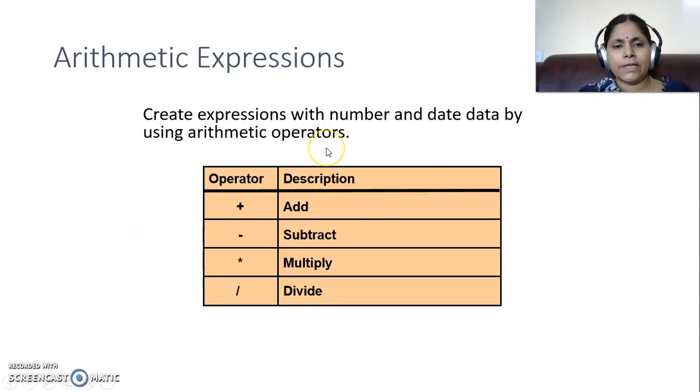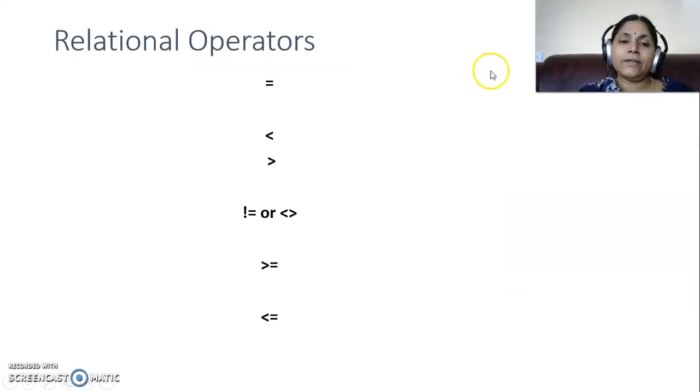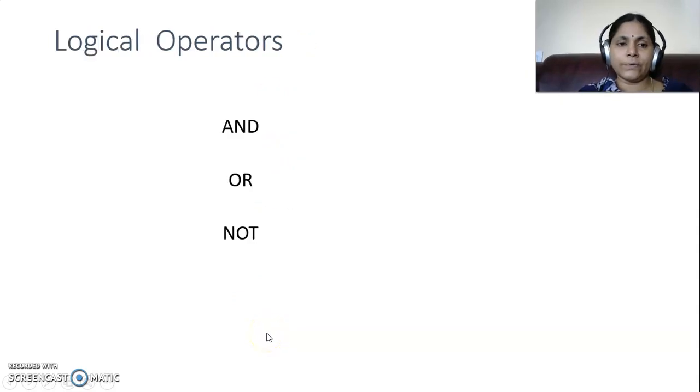We are already familiar with the different types of arithmetic expressions and operations which we have been doing from our childhood days. The arithmetic operators are plus, minus, multiplication, division. The next type are relational operators, that is equal to, less than, greater than, not equal to, greater than or equal to, less than or equal to.